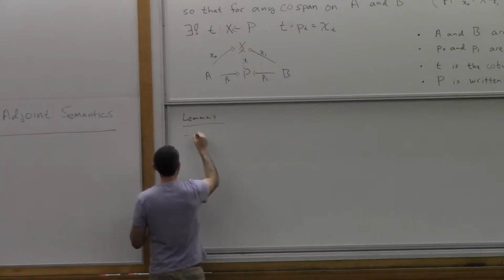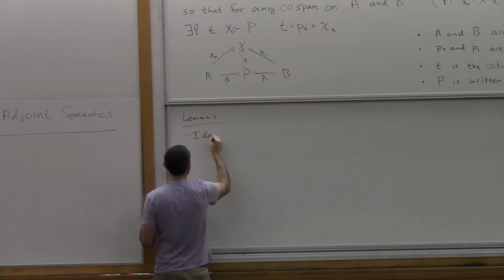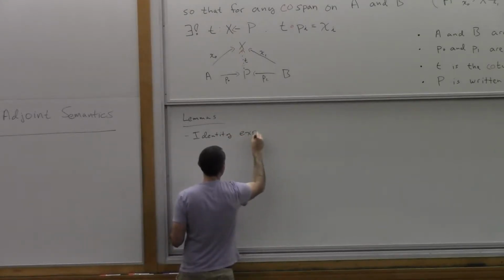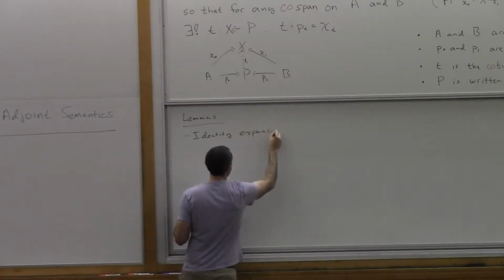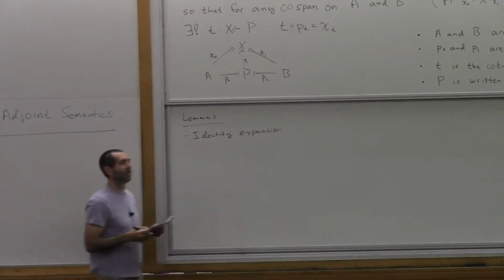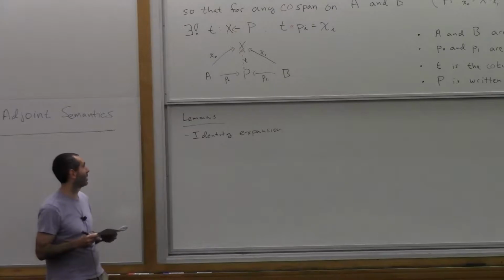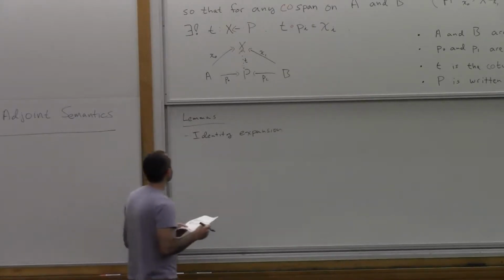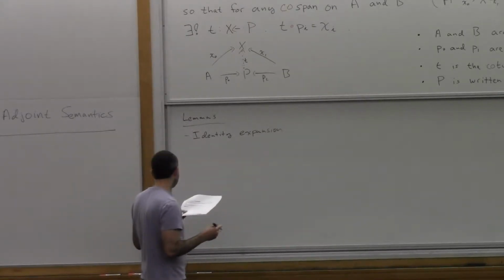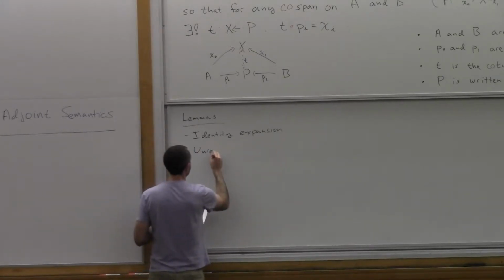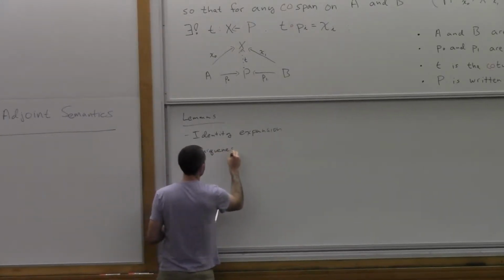We had identity expansion, which we got by probing a universal construction with itself, right? This was the Socratic method of self-knowledge in category theory. There was the uniqueness principle,